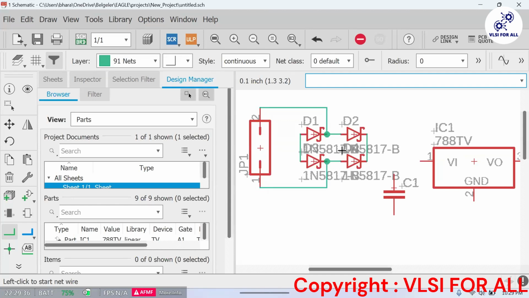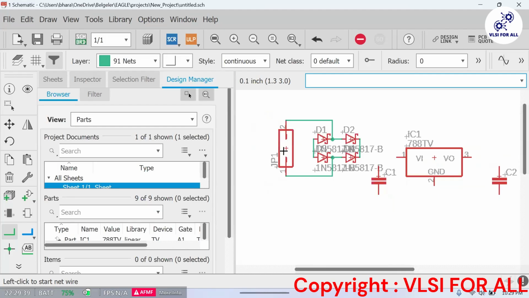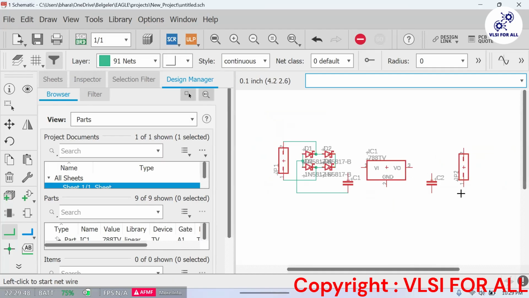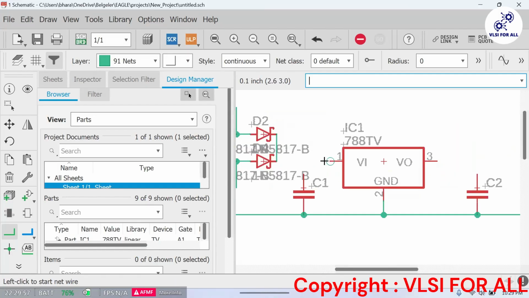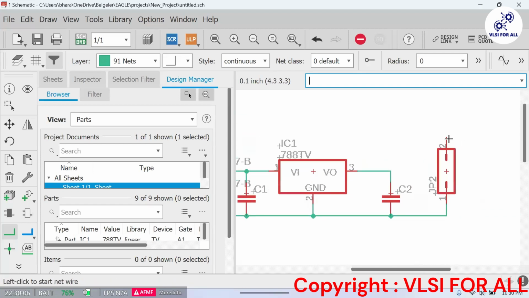From here only, we will put our transformer power here. Automatically, it will take up till here. So rather than connecting the transformer at this level, we can do it like this. We can connect it up till this level. Then we will connect it here, done. Then this will again come and get connected at this level.